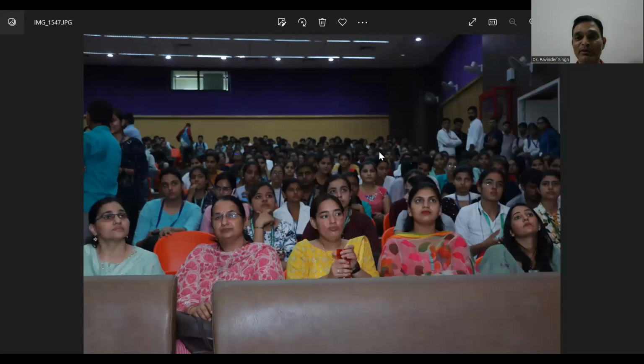Now the announcement of the top 8 teams was done inside our auditorium, inside the college auditorium. So that is the picture of the college auditorium. In the front seats the team in-charges are there, followed by the different team students, followed by the college students in the college auditorium. All the teachers of different departments are there.